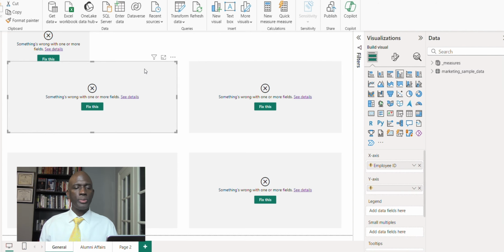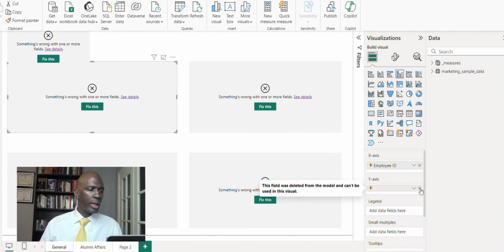But the only reason why we have errors is because we don't have data. So what I'm going to do is select this table or this column. And the reason why I know that it's a column is because if I highlight the visualization